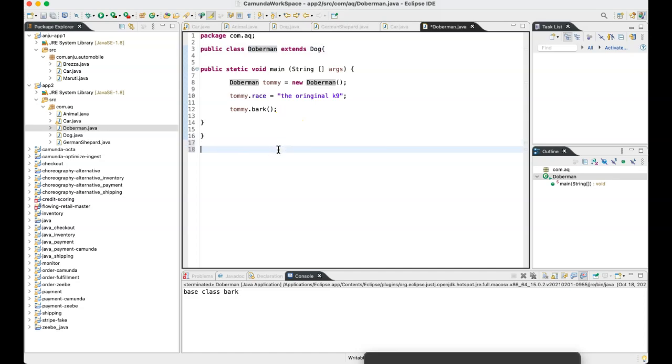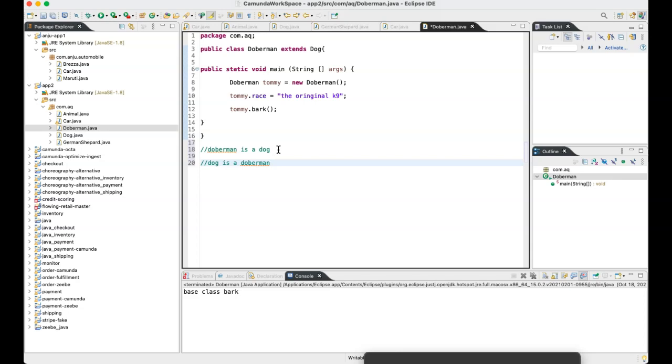Do you understand? Doberman is a dog. Can you say dog is a Doberman? No, right? Do you understand this? It's called an is-a relationship.